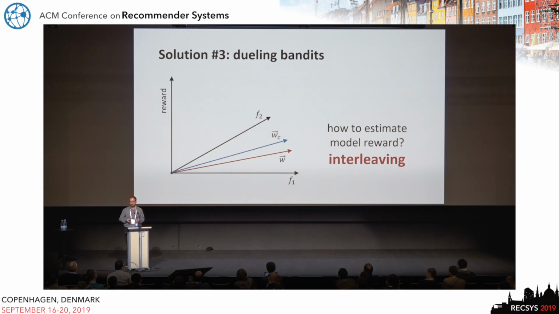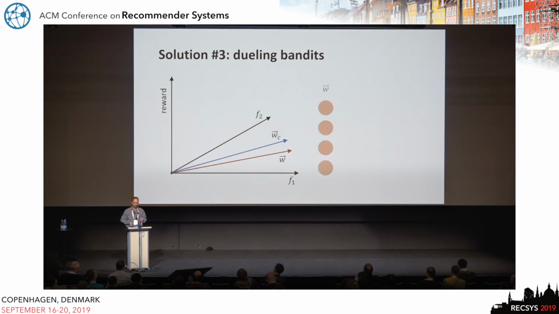Normally how this is done in search is through a process known as interleaving. This is done to avoid building up on presentation bias in click data. So just to give you an illustration of how this is done traditionally,